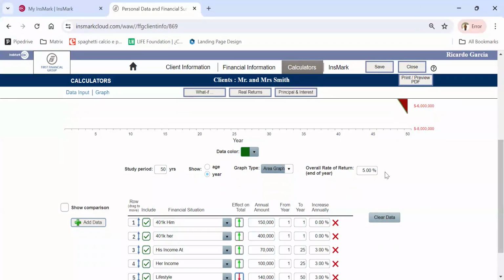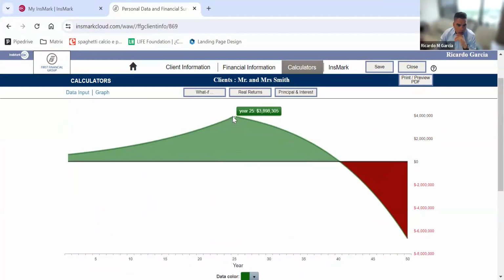So as of today, it doesn't matter what age they are, in a sense. 25 years from today, if they're on that path, they're going to have $3.8 million. But they're on a pace to have saved $4 million. The reality, though, is that because of the time value of money, $4 million is not worth the same today as it is then. So based on inflation and everything like that, it says you have the probability of running out of money 15 years into retirement.